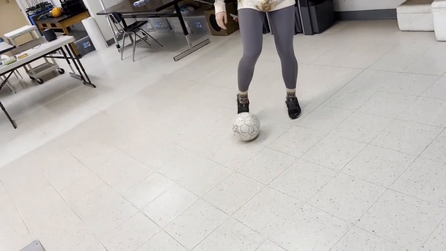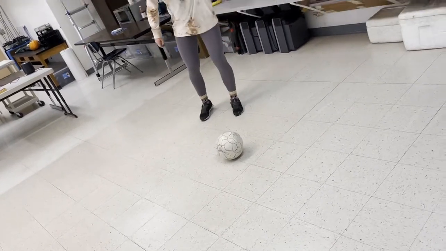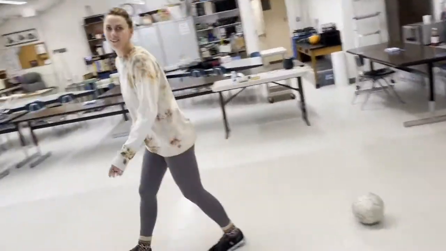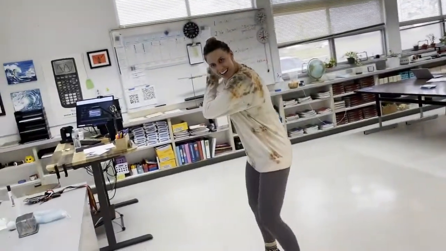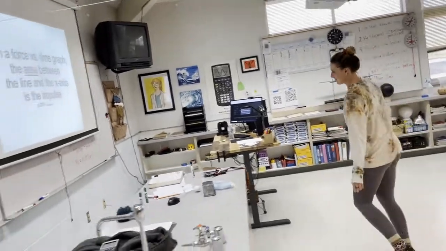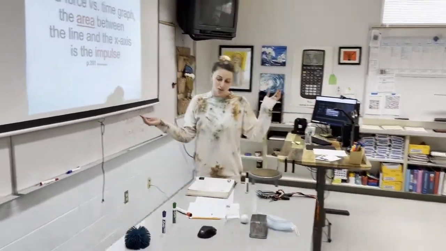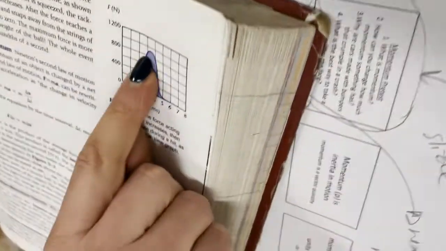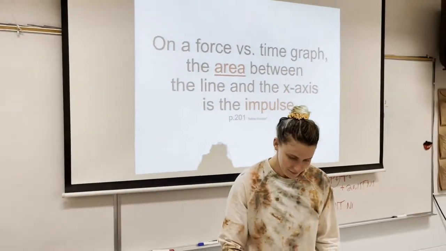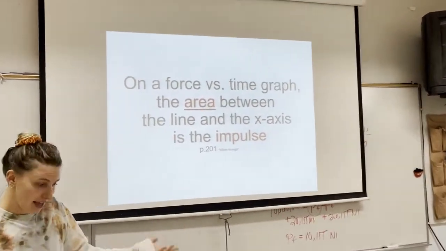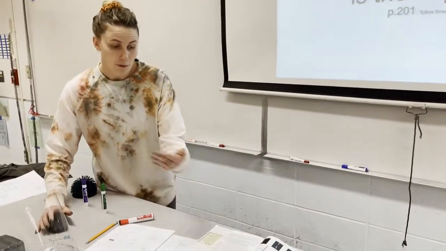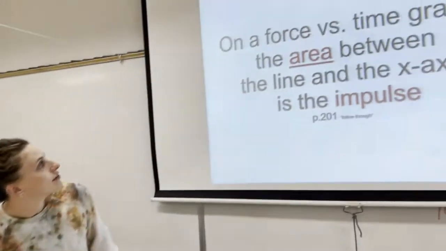I'm not gonna kick at you, but go ahead, kick it. I'll kick at the door there. Okay, right? Sweet. So I almost hit the fire. And in baseball, when you're swinging through, boom. I don't even know baseball, but it's the same exact principles, right? And so, especially with baseball, the longer you are in contact with the ball and the bat, the more force you're going to be able to exert on that ball. The more impulse, the more the change of momentum, the faster it's going to go. Yeah, don't forget, the impulse is the area underneath that curve. The more the force over time, the more the area under that curve. That's right. Okay.